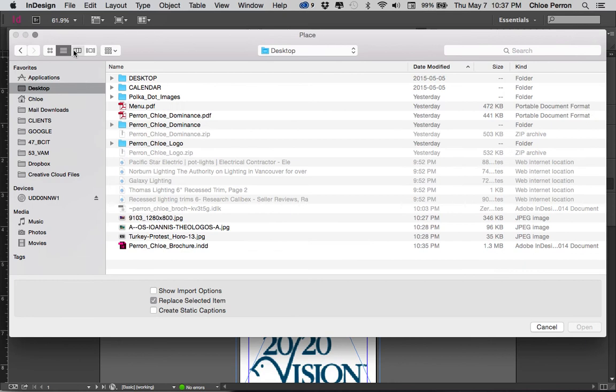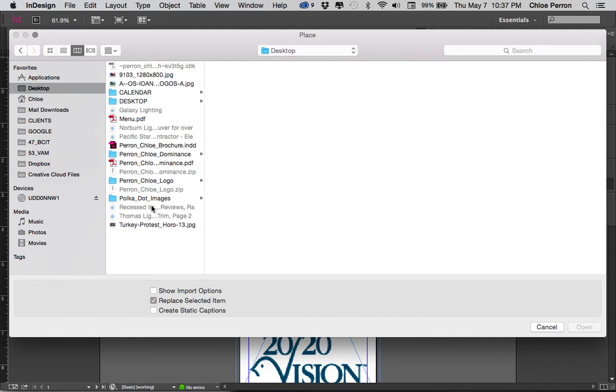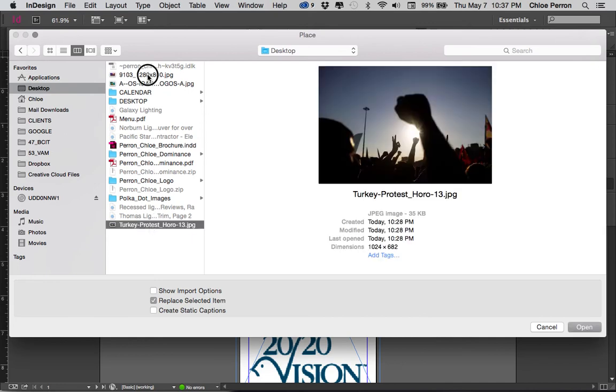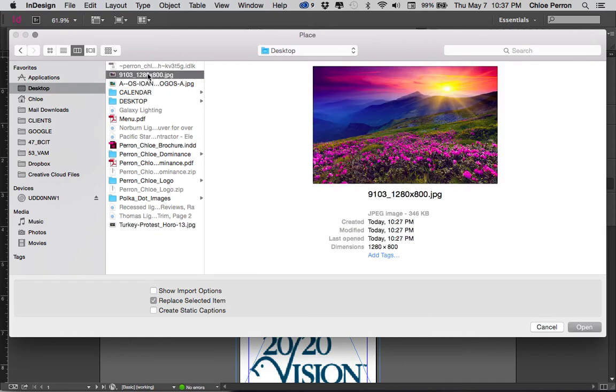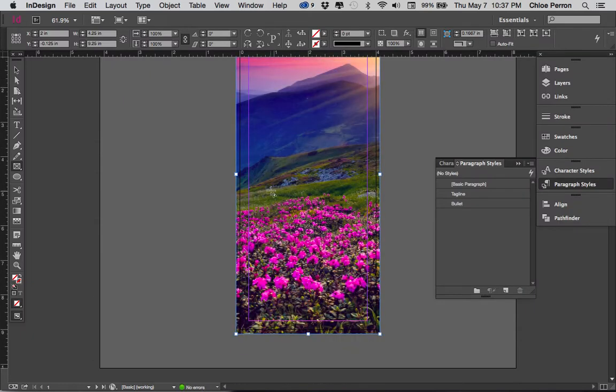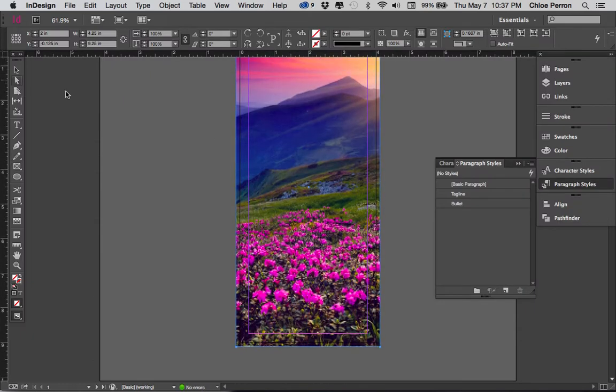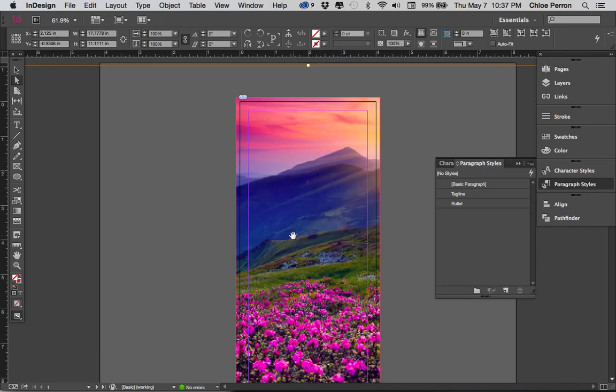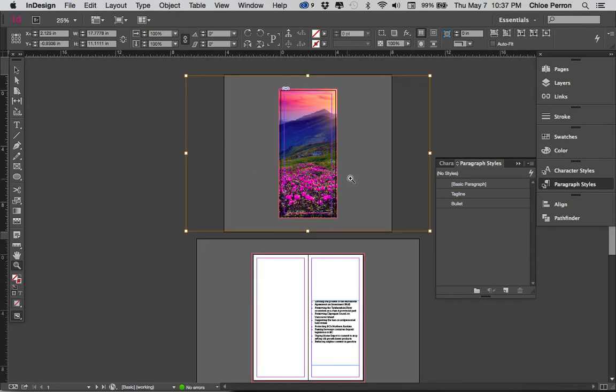I'm just going to look at them again. I want the Valley one. I want this one, yeah. It's going to be much too big if I press my white arrow key and I zoom out. Alt or Option to zoom out, you can see that that brown box is the actual image size. So if I click on my white arrow key again and I drag one of the